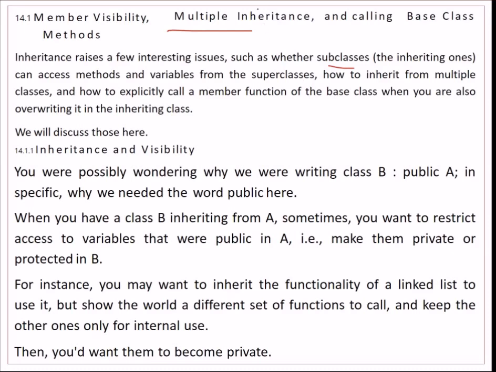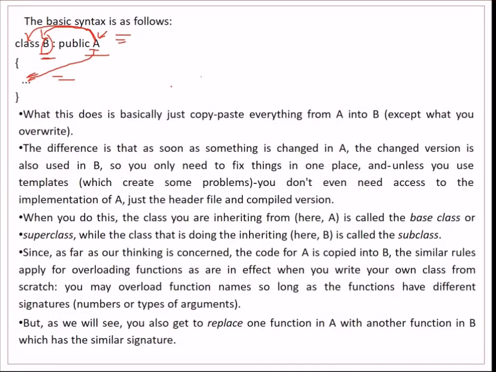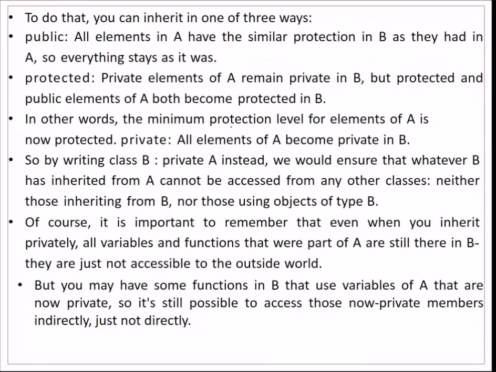Inheritance and visibility. First, have you noticed that when I gave this example, I did not talk about this public? I may write protected here. I would have written private also. So what is the importance of these three access specifiers out here? Let me discuss it. If I write public there, all members of A, which B is inheriting from, have similar protection in B as they were in A. So in this example we just saw, B will inherit all those values from A